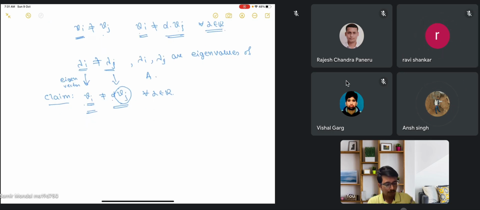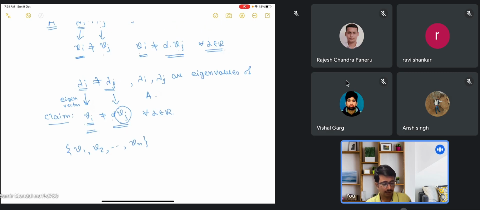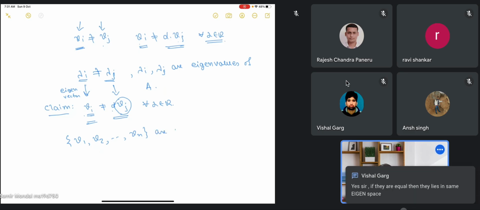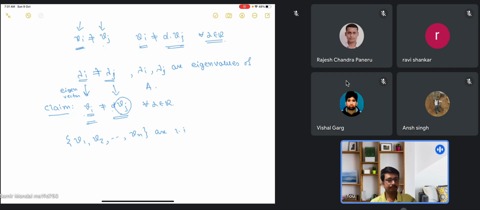Yes, sir, fine. Okay, so from here what are we getting? We are getting v1, v2 up to vn. Suppose n is the order of A. Okay, so these are linearly independent. Yes, Vishal is correct. If they are equal, then they will lie in the same eigenspace. So in that case lambda i and lambda j have to be equal. So this is where we are getting the linearly independent